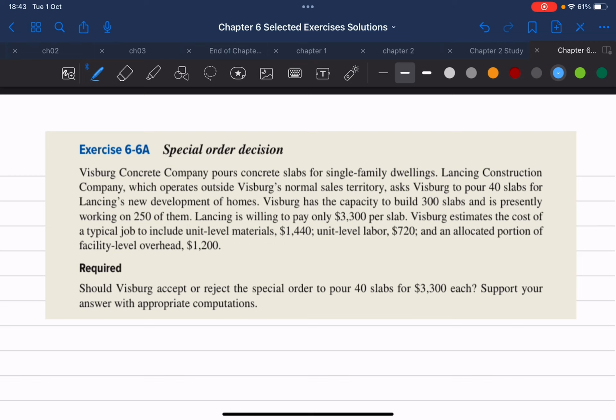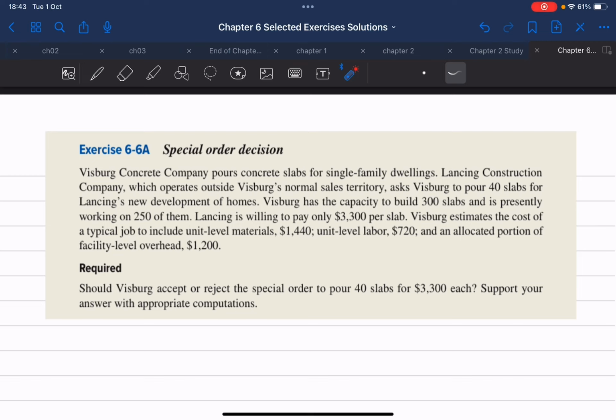This time we have exercise 6-6A, and this particular question is for a special order decision. So let's read the question together first, and then we'll see the requirement and decide what we need to do with this particular exercise. So starting from the top, the question says,